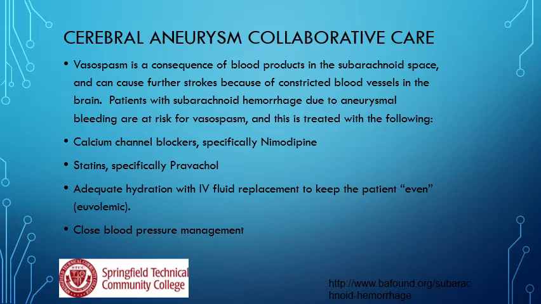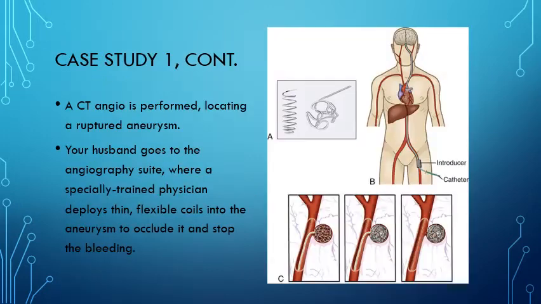Patients also receive Provocol because a couple studies have shown patients do better if they're started on a statin, and their fluid status is watched carefully and they are given IV fluids to keep them euvolemic or even. So if your patient voids 500 mLs, the nurse gives a 500 ml bolus to keep that patient even. The blood pressure of these patients is also managed really closely.